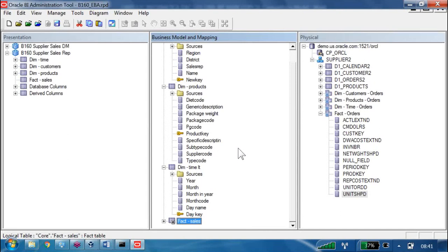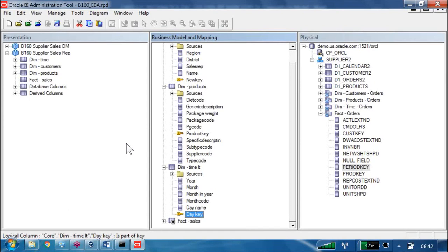Why do I have to take them again from here? Already the customer key is available, right? Why are you duplicating it? If you take the period key from here to here, we already have the period key. Why are you duplicating it? That is the reason key columns work even though you are not taking them into the BMM layer. Why? Because they are not required, and are already available for business reporting purposes if the customer is really looking for them.